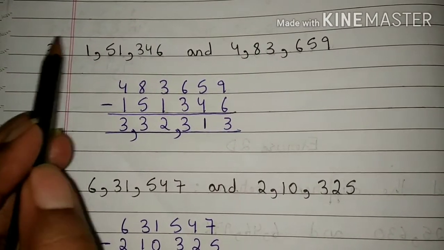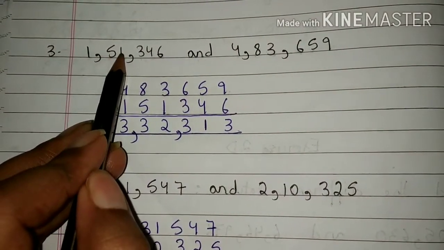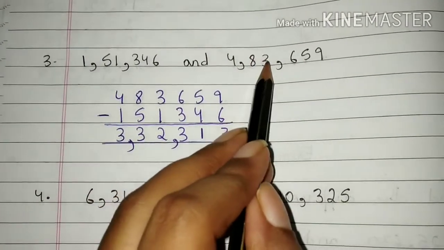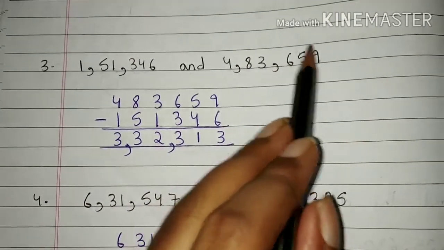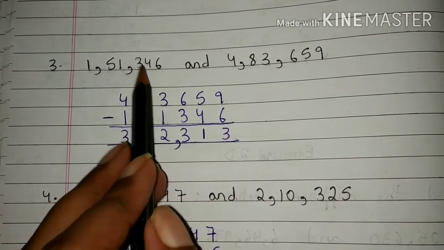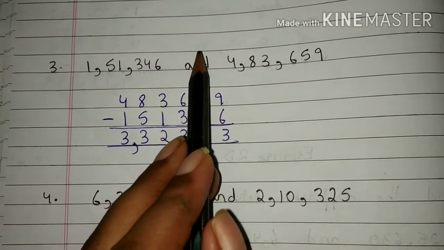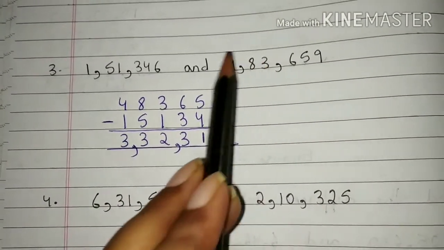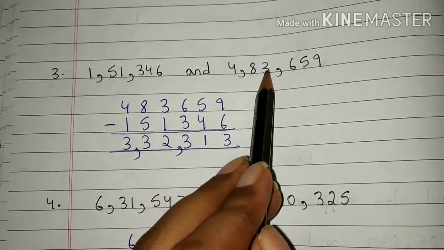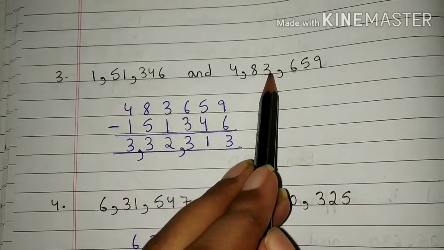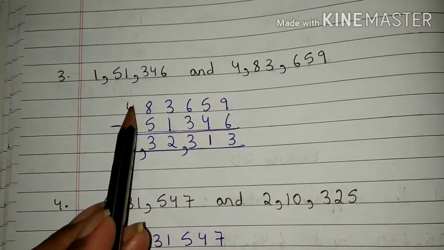Third question. 1,51,346 and 4,83,659. Students, in order to find the difference between these two numbers, we will subtract the smaller number from the greater number. Students, 4,83,659 is the greater number. So, we will write